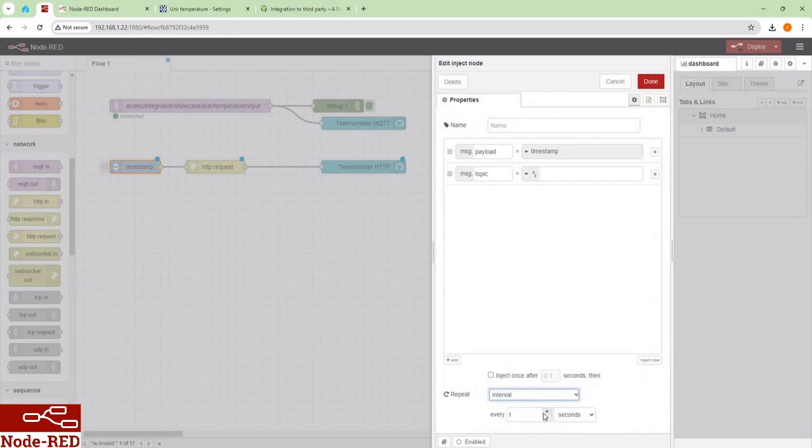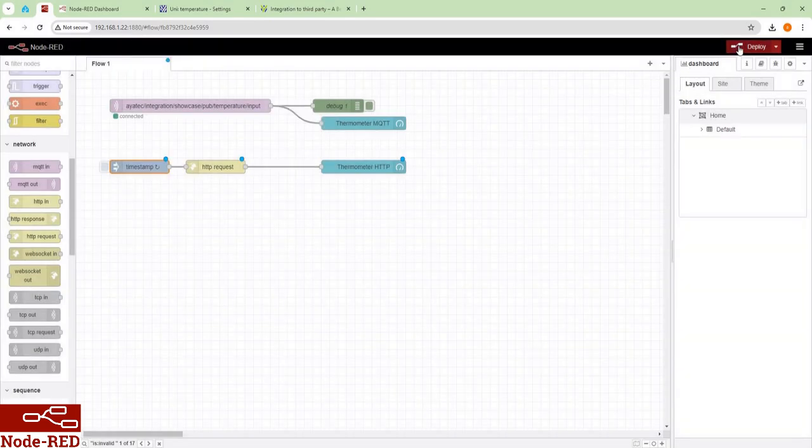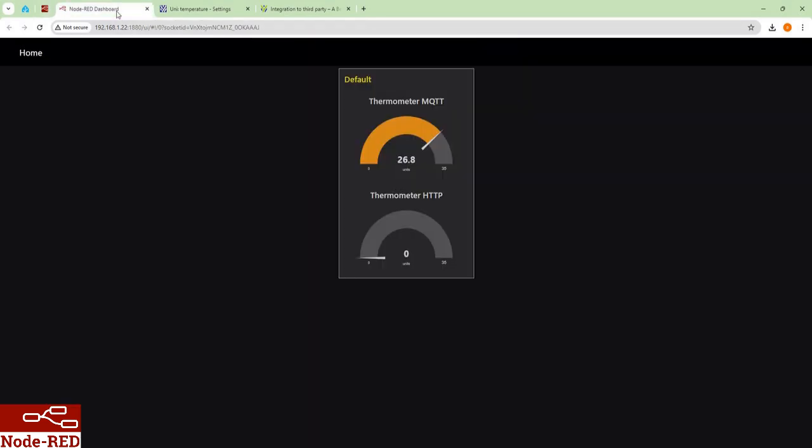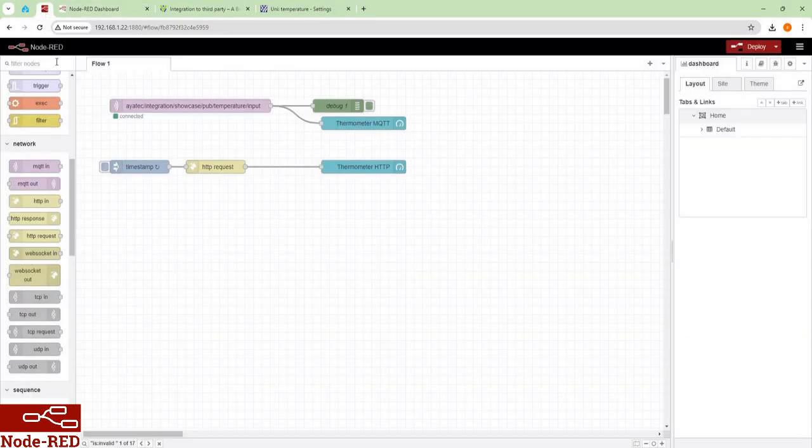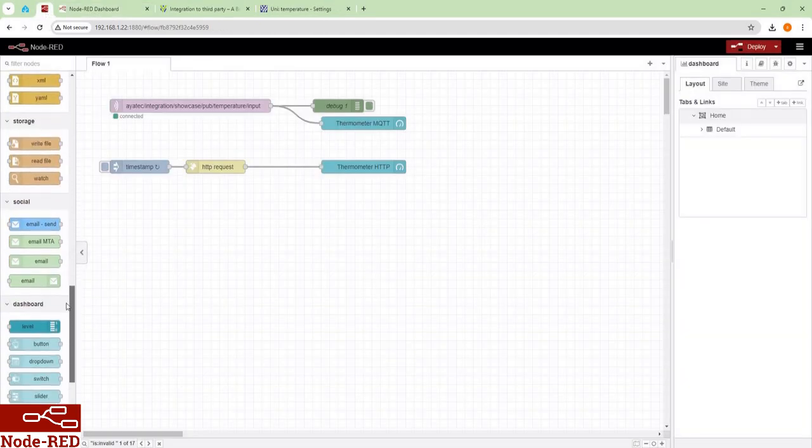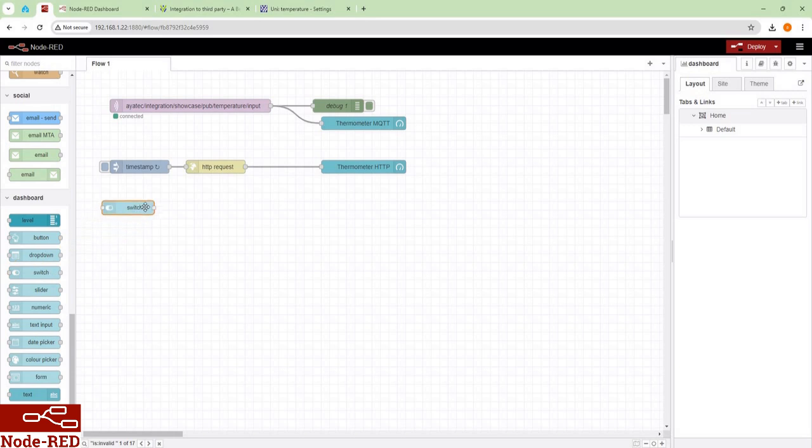While 10 seconds may be unnecessarily short for a live application, it ensures we don't have to wait long during testing. Deploy and check the results. With the temperature being retrieved via both MQTT and HTTP simultaneously, we can now move to controlling the LED process.